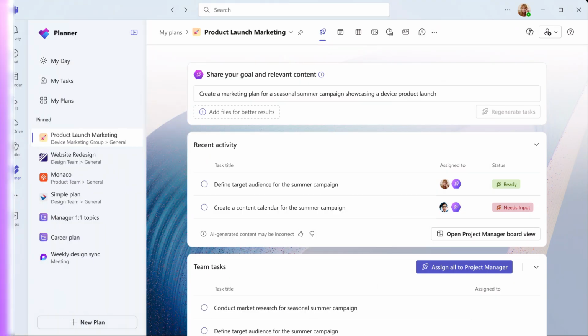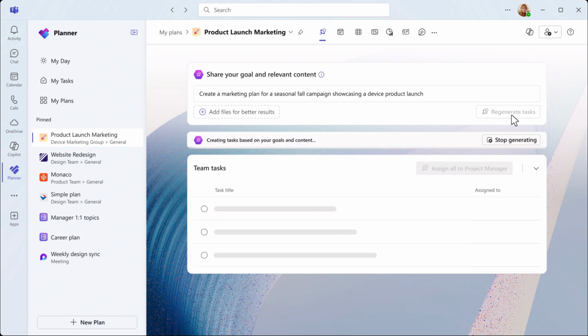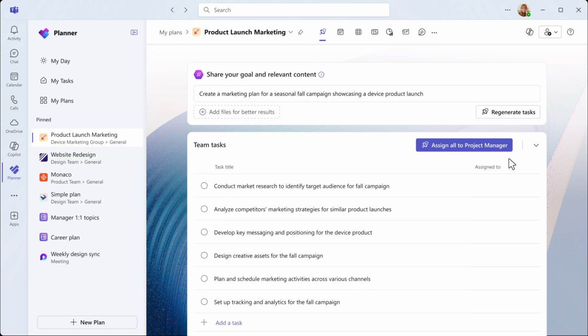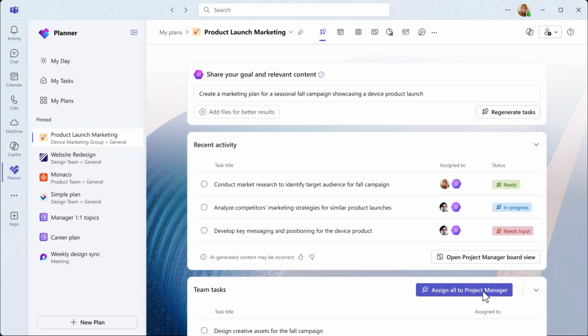Changes happen to any project. When they do, the project manager makes adjusting your plan easy. Simply update the goal and click Regenerate Tasks to instantly refresh the project plan. As your project progresses, you can review the project manager's recent activity on the Project Manager page, ensuring everything stays